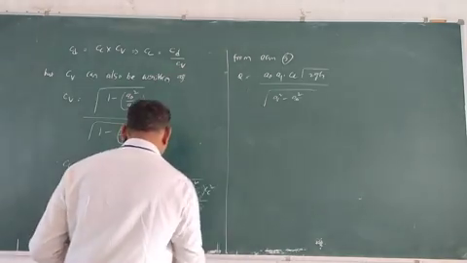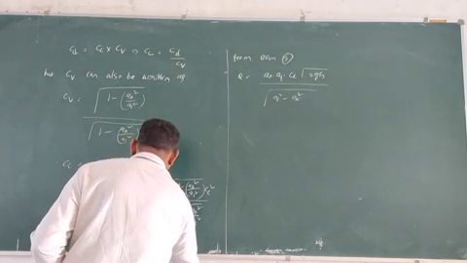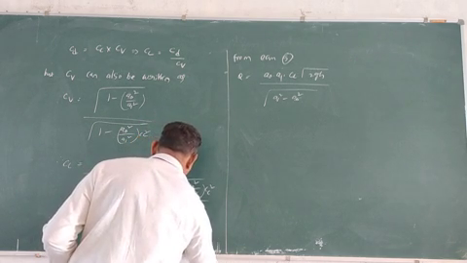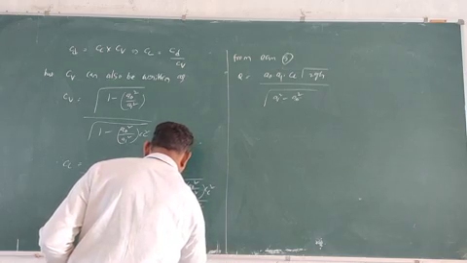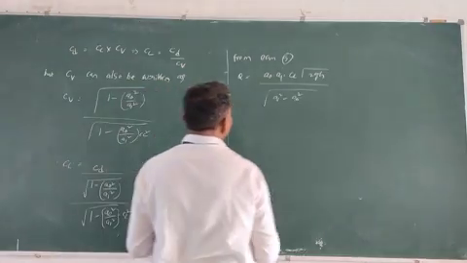Okay, this can also be written as Cd into square root of 1 minus A0 square, or one more thing is, put